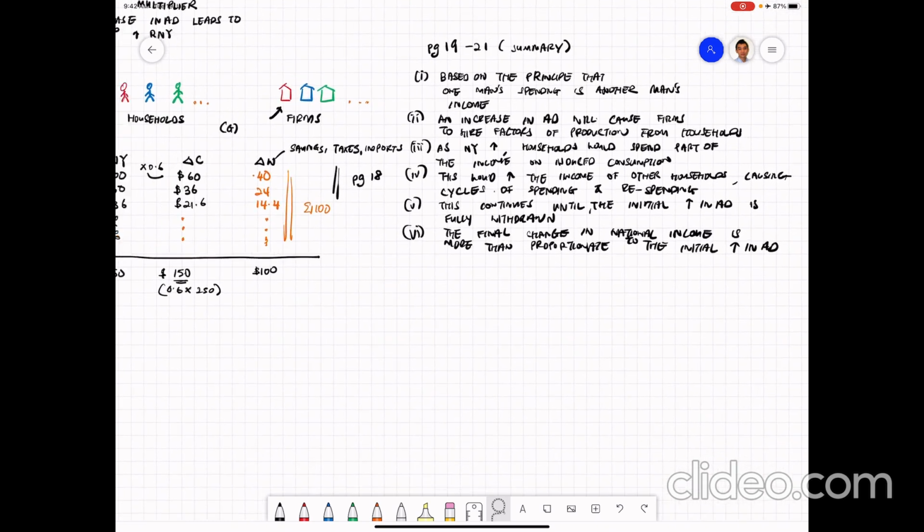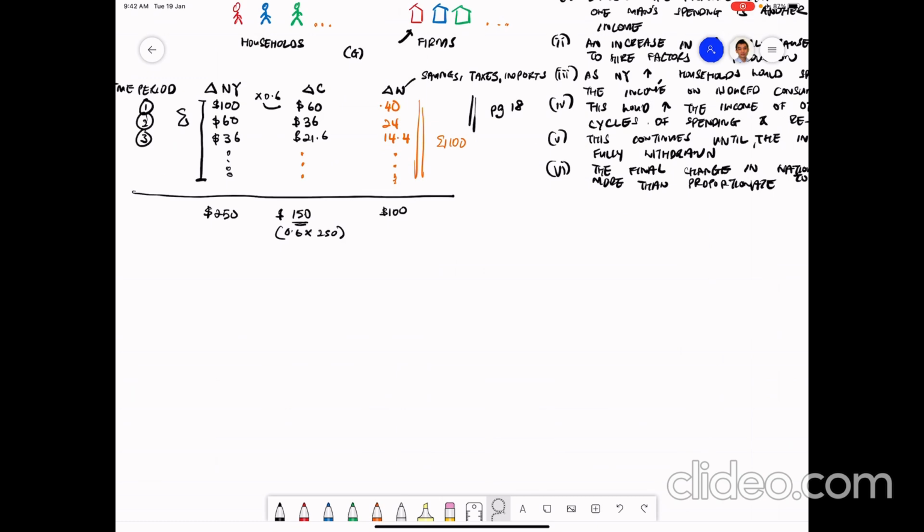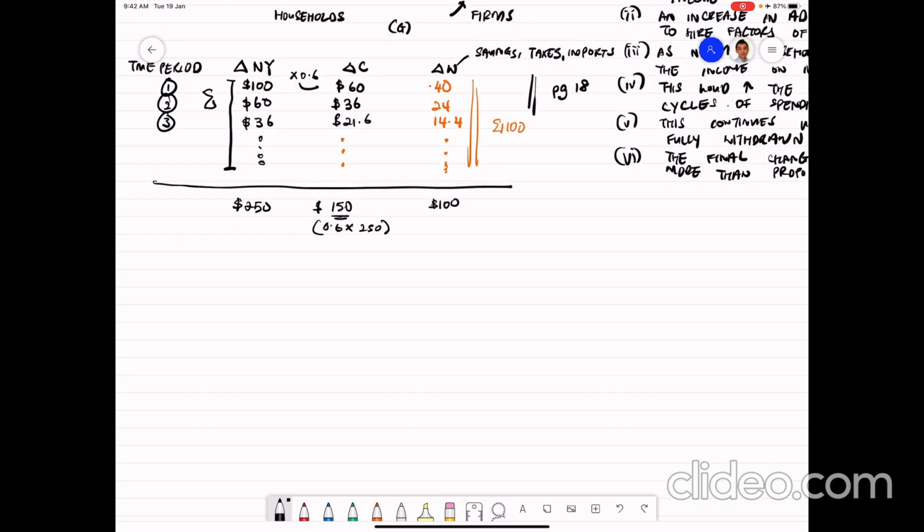Before I end, let's talk about one more related concept, which is the formula. Let's spell this right. It's formula, right? Formula is on page 18. Okay. So the question is this: how do I know that the number is 250? So let's do the formula. The formula for the numerical coefficient is actually equal to 1 over 1 minus